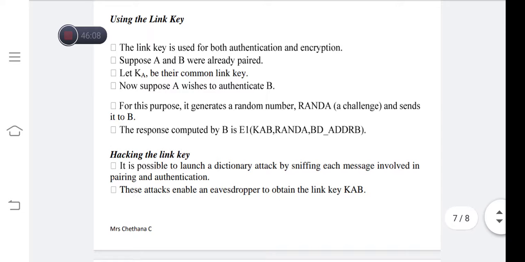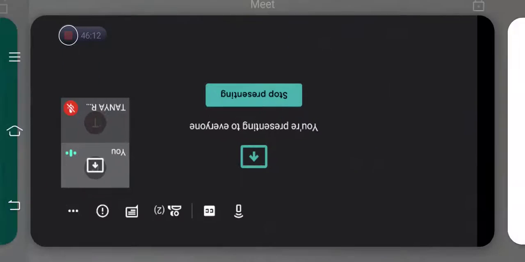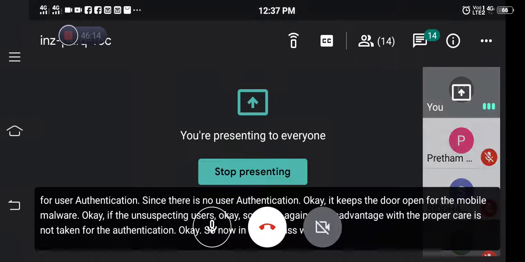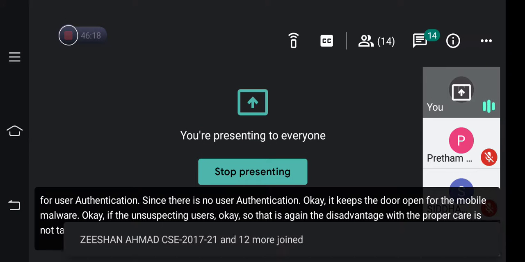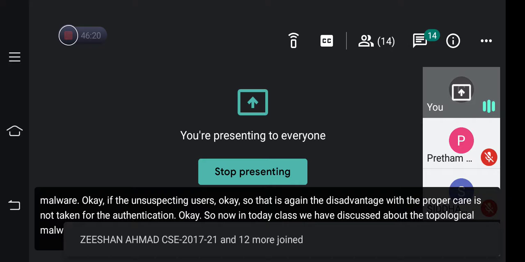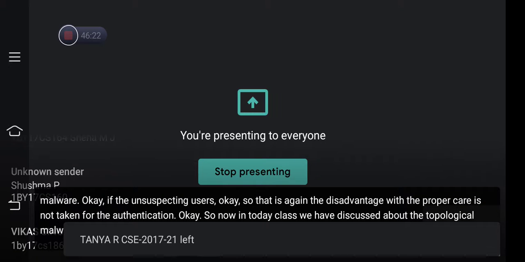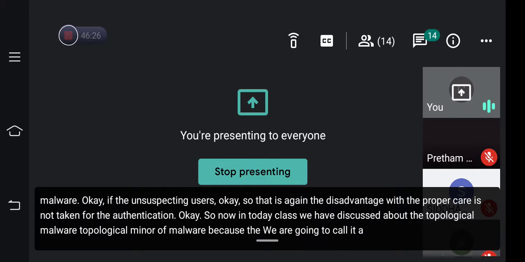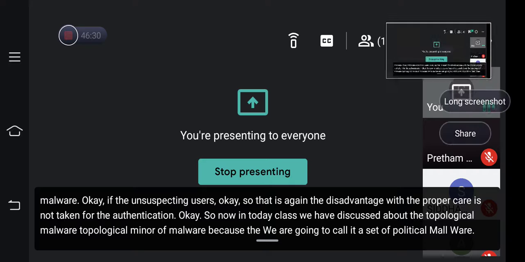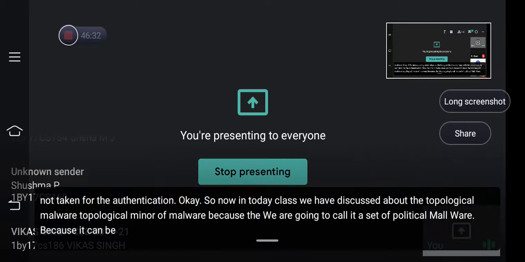Now, in today's class we have discussed topological malware. We call it topological malware because it can be represented with the usage of graphs.